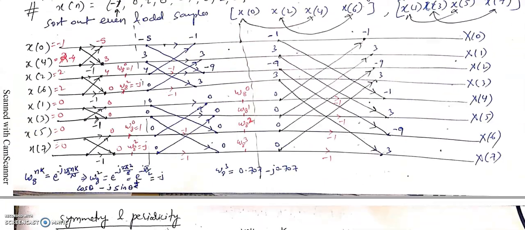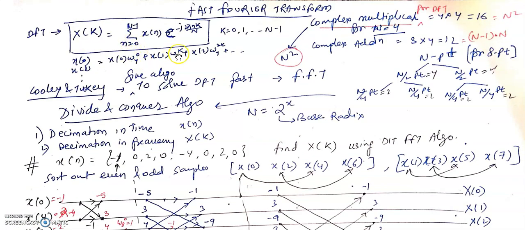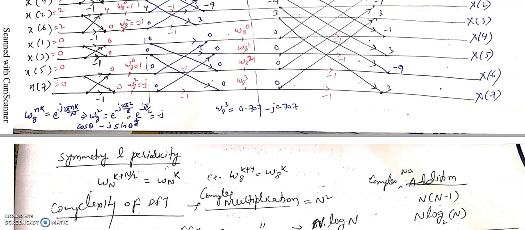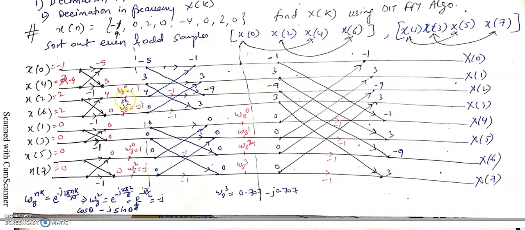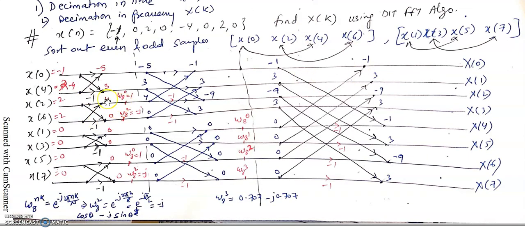In this way, the algorithm is optimized. Where you have to multiply by the twiddle factor, it is already planted there. You don't have to calculate it every time; it automatically takes the sum and multiplies, whereas in the DFT we had to do it each time. This is the main advantage of this FFT. Every time you compute this 8-point DFT, you put the twiddle factors here: omega 8 to the 0, omega 8 to the 2, so 0, 2. The even powers are there, 0, 2. Here also 0, 2.